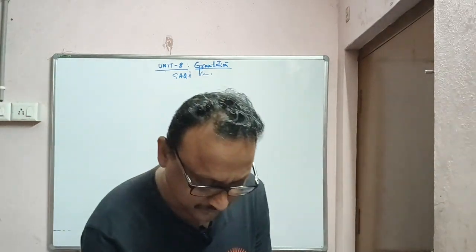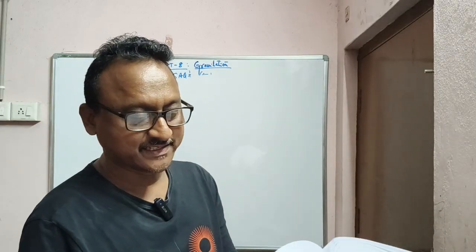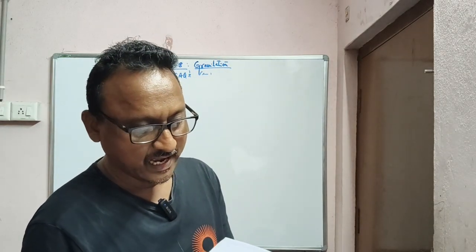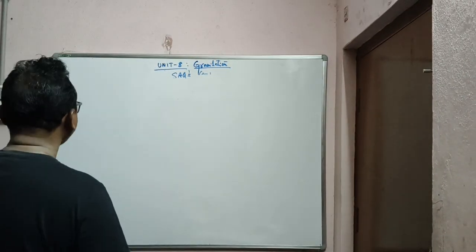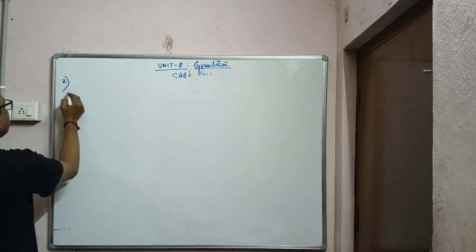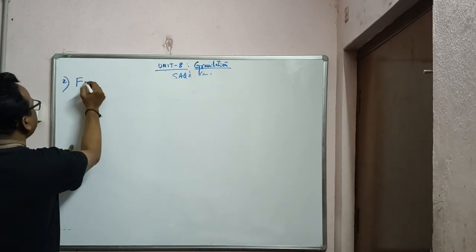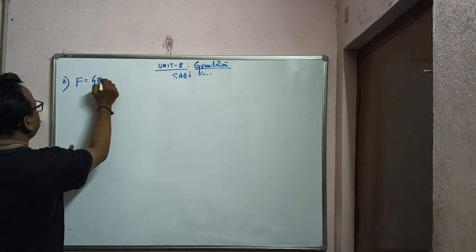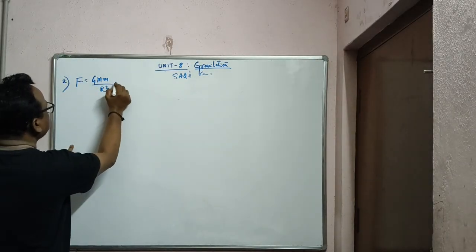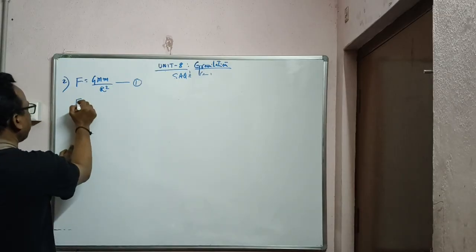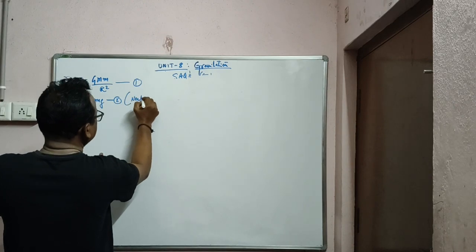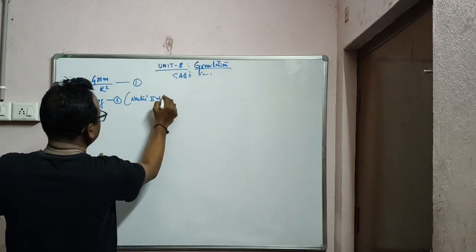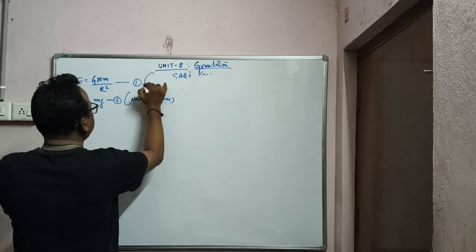The second SAQ. Derive, Telangana, look: derive the relation between acceleration due to gravity, small g, at the surface of a planet and the gravitational constant. Second one, so we already know F is equal to G M m by r square, and we also know F is equal to mg. This is from Newton's second law, and this is from Newton's gravitational law.